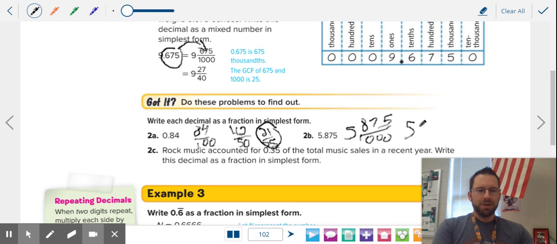Okay, so what I'm going to do is I'm going to divide by 5. 200 on the bottom. All right, 875 divided by 5. Okay, 8 goes in